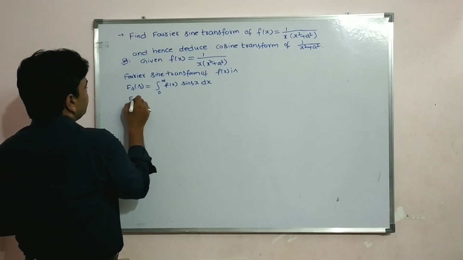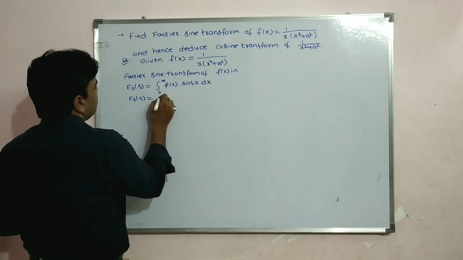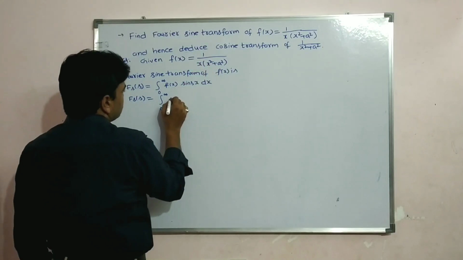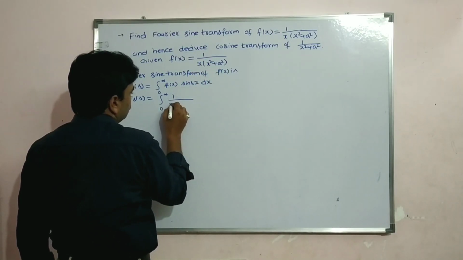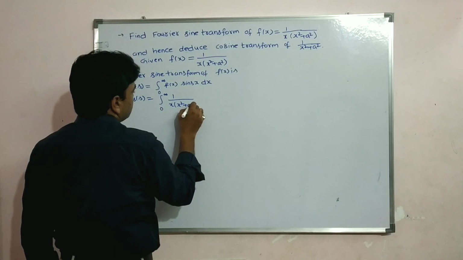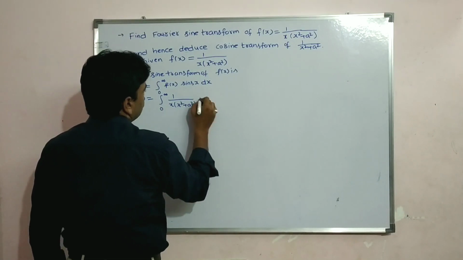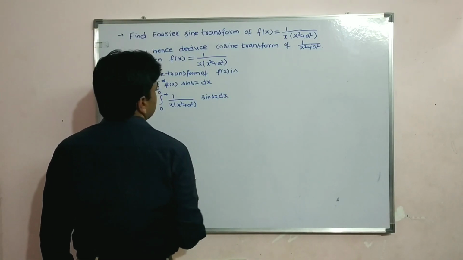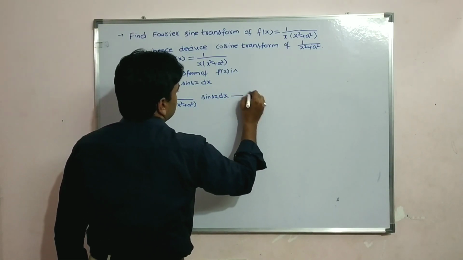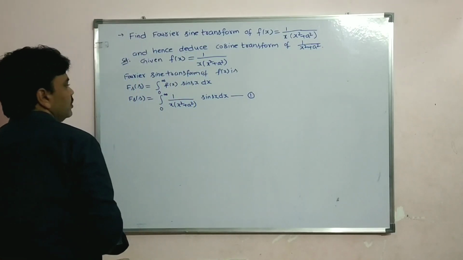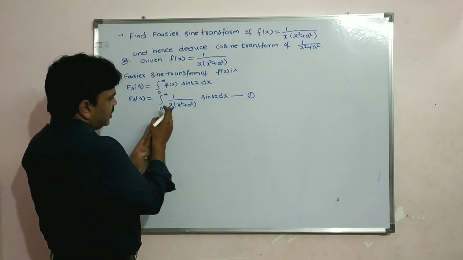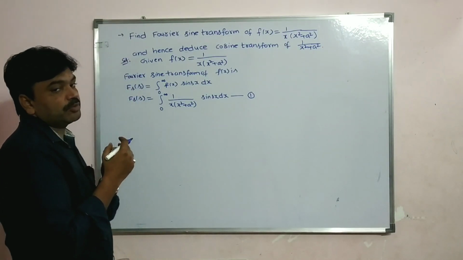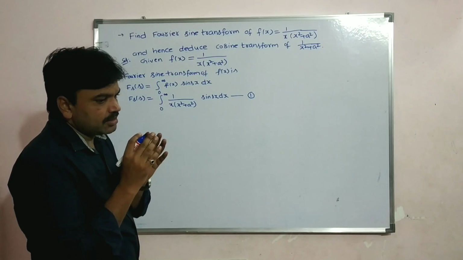Now Fs of s is equal to integral 0 to infinity of f of x, that is 1 by x into x square plus a square, into sine sx dx. So this is 1, students. Now see, in such cases like 1 by x into x square plus a square, or e power x square into e power minus x square by 2, we have to